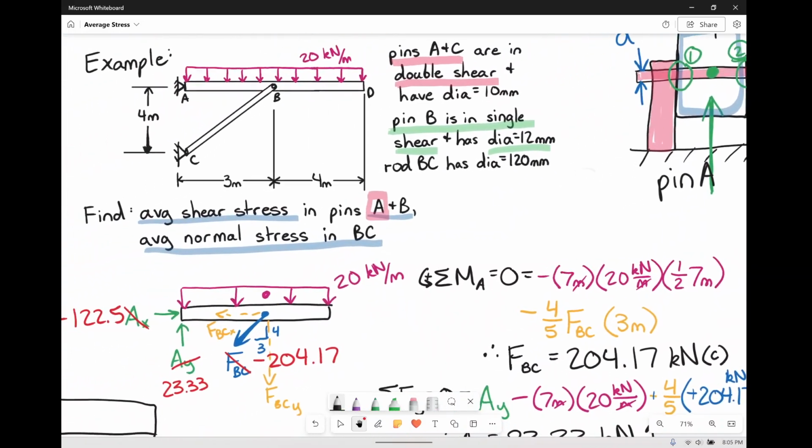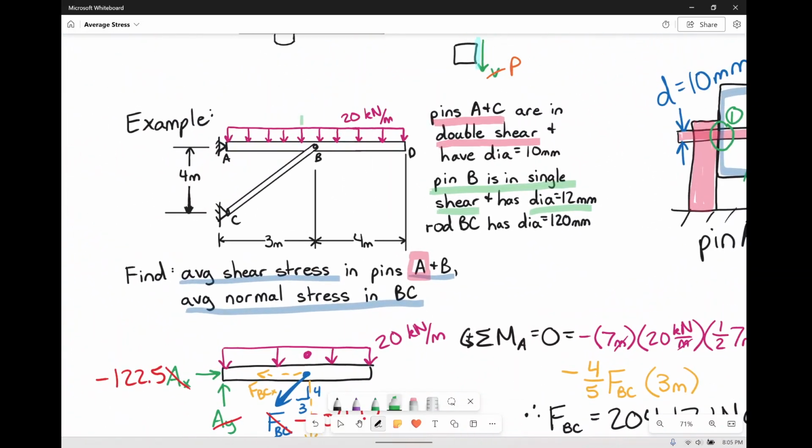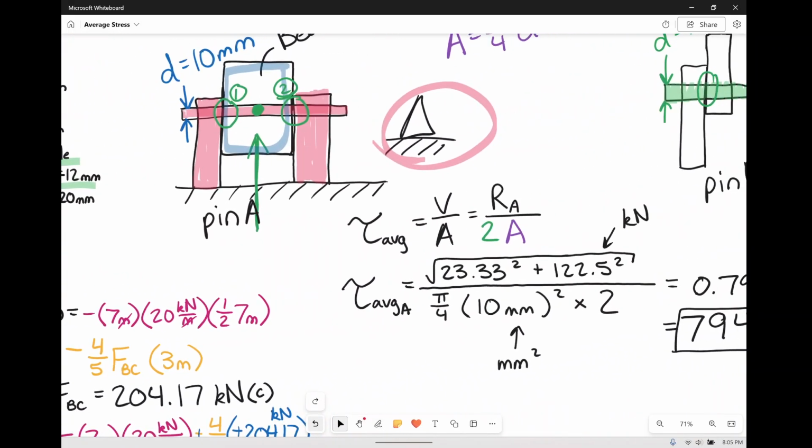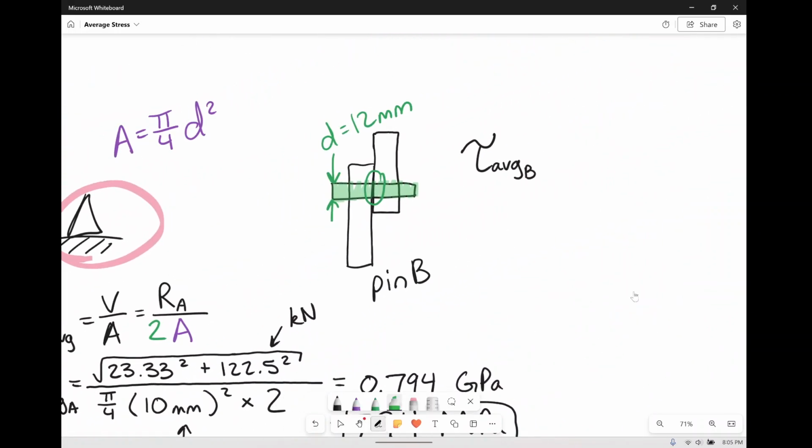let's remind ourselves where B actually is. This is B. So we can't use the same forces that we did for A, because very clearly that's not happening at B. That was happening at A. So what's happening at B? That's force BC. Force BC is happening at B. So we're going to use it in our little equation here. So force BC, we said, was